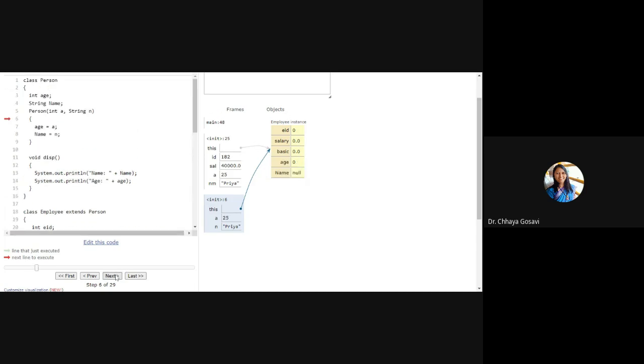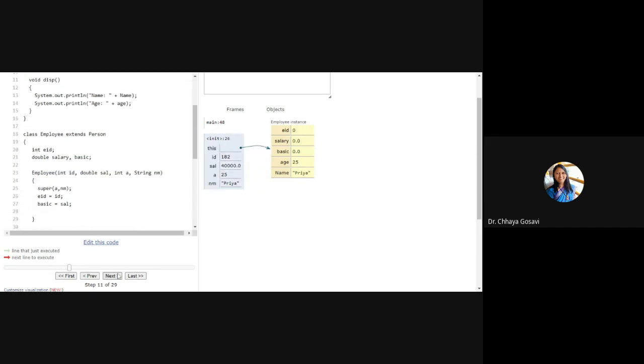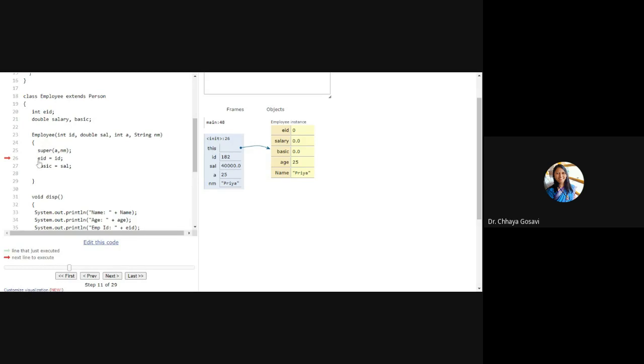So now age will be initialized with 25 here, and name, which is currently null, will be initialized with Priya. Then the rest of the constructor will continue from line number 26. Employee ID will be initialized with 182. Salary is 40, that is basic salary. Salary is not calculated yet.